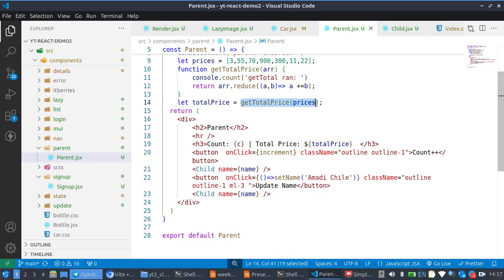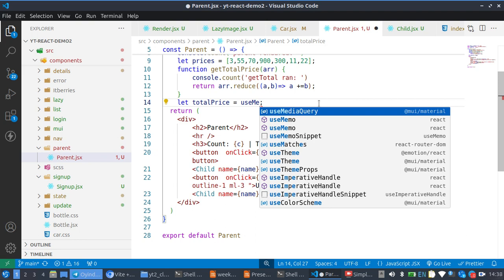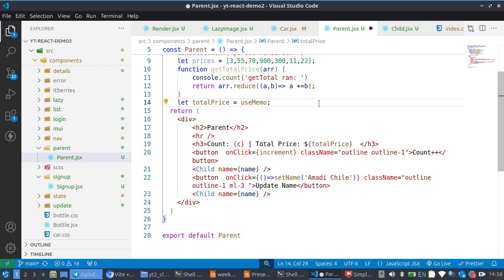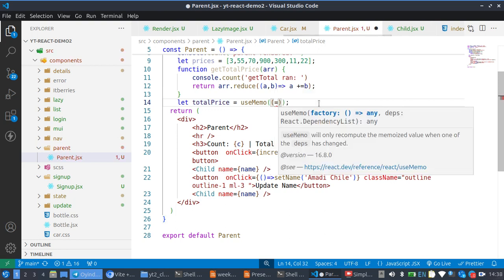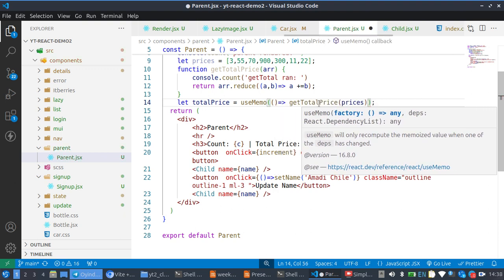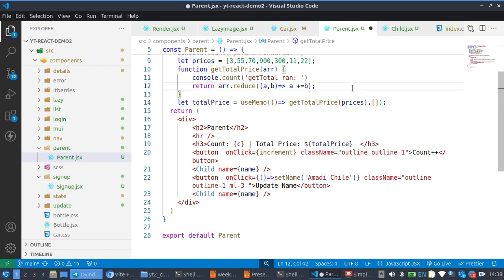So I'm going to cut this, use my useMemo, so that will be automatically imported. Then my anonymous function, and I paste this here, then I put a comma, then my dependency array. So now if I do this, notice it's still the same value, but notice what will happen when I